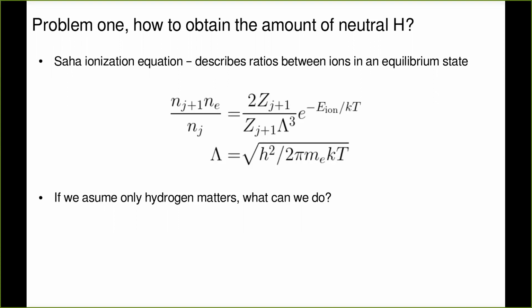I have 3 unknowns. For us, these are electron density, neutral hydrogen density, Nj, and Nj plus 1, which is proton density. So from this, what else can I use to calculate all 3 quantities? Well, the fact that the plasma is quasi-neutral means that the proton density and electron density are about the same. Excellent.